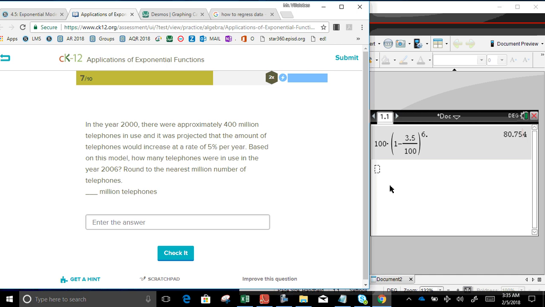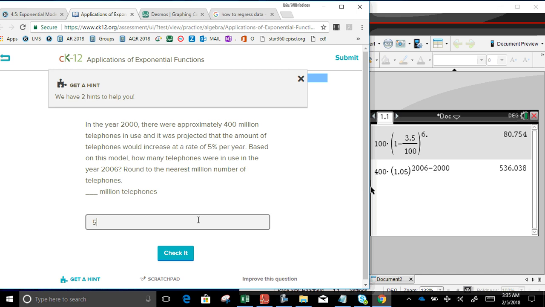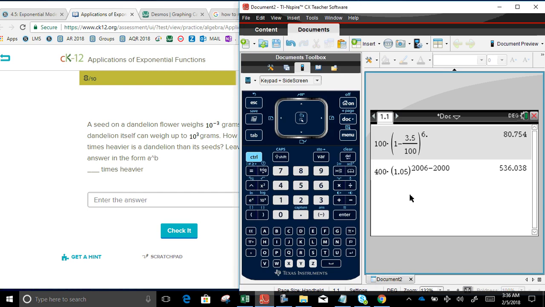400 million telephones are projected to increase at 5%. 536. We did this already. For 100, 1 plus 0.05. So it's a 105% increase. And 2006 minus 2000, 536. Oops, almost did it again. Okay, so